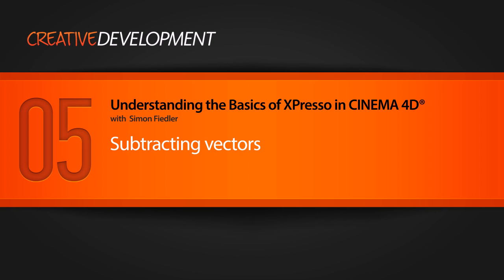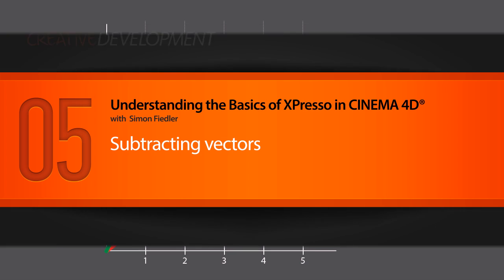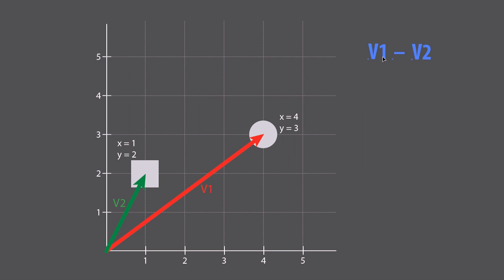In this lesson we will learn how we can subtract two vectors. So the operation that we want to do is this: vector 1 minus vector 2. If you subtract two vectors, the result will be the vector between those two positions. So something like this. Here. Yeah, so if you subtract vector 1 minus vector 2, this one minus this one, the resulting vector will